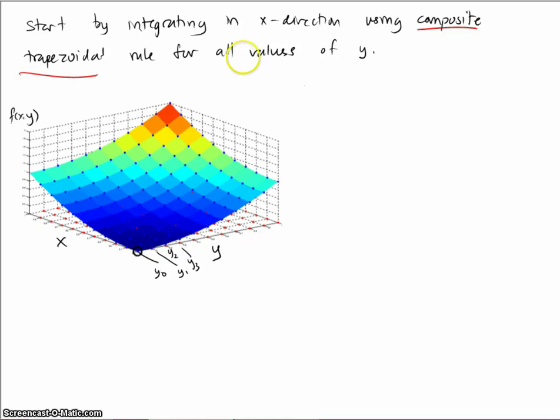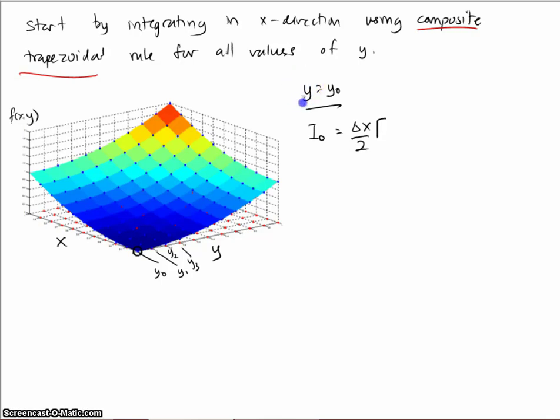So let's say we start off by saying that y is equal to y0. If y is equal to y0, we are going to calculate the numerical integration in the x direction using the composite trapezoidal rule. Let's say the value of the integral in the x direction is given by I0. Using the formula for the composite trapezoidal rule, you are going to get delta x over 2 times